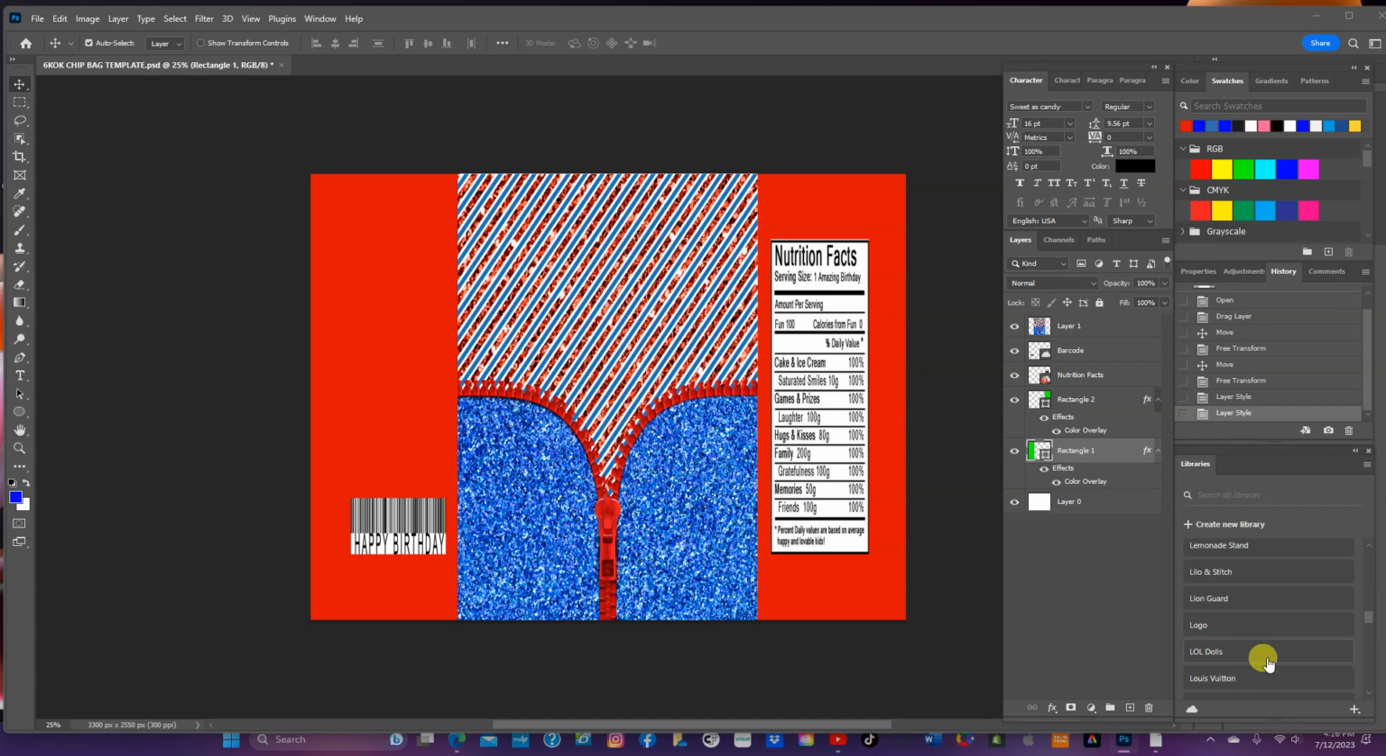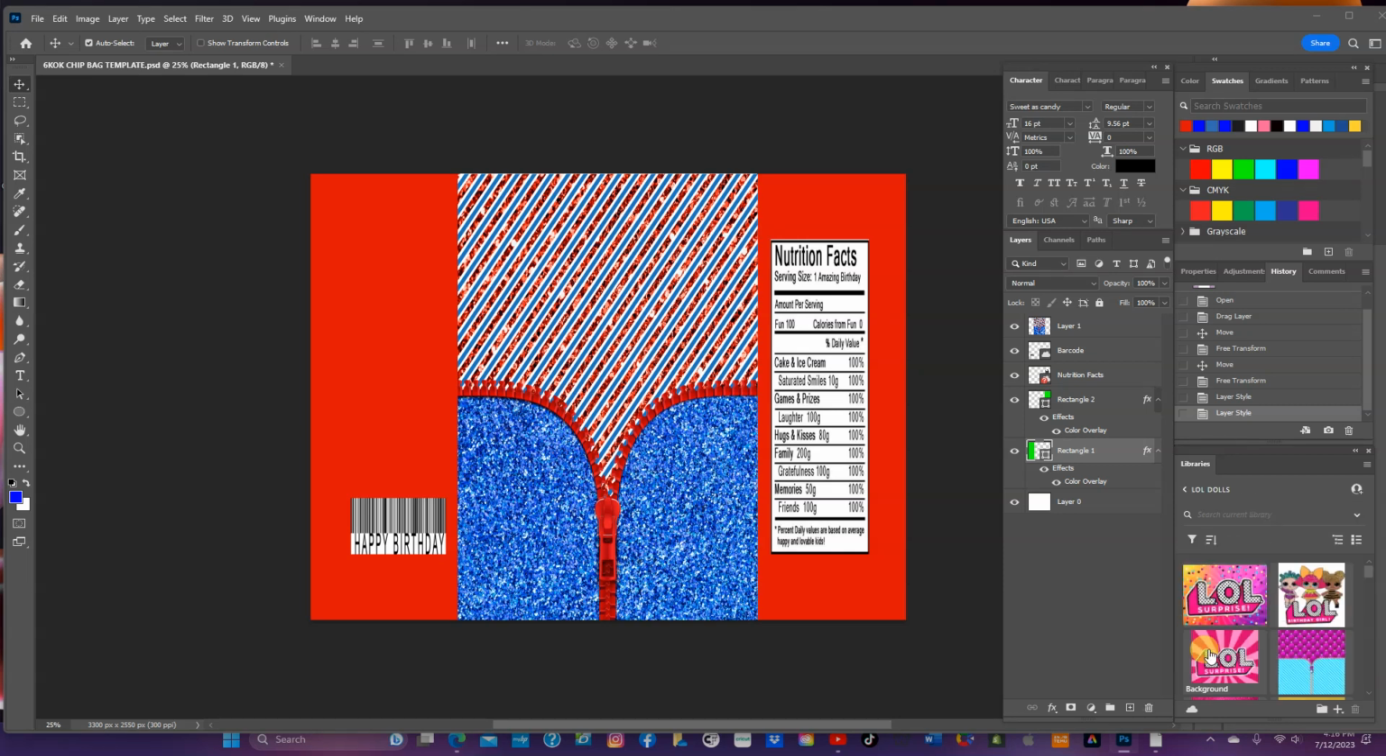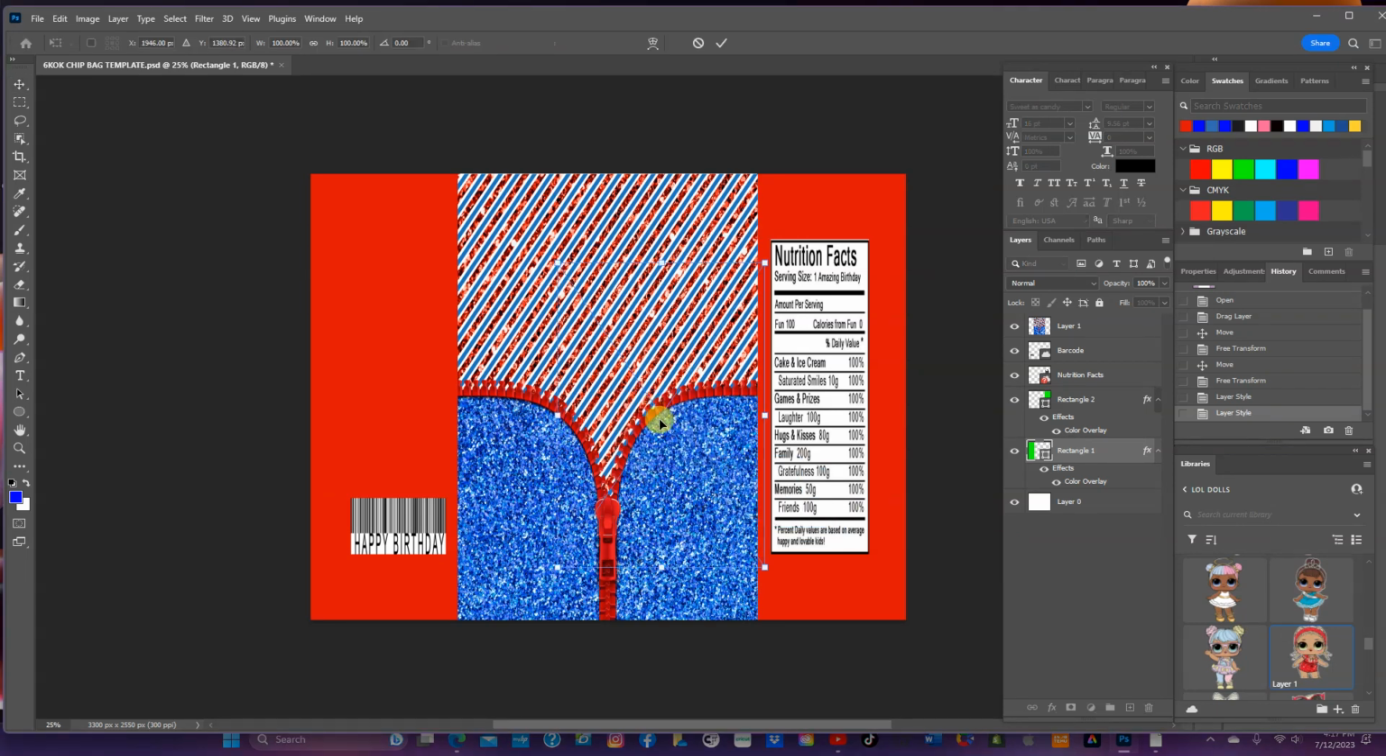Okay, so I'm going to go over here in libraries, and I'm going to look for my LOL dolls file. Okay, here it is right here. I'll click on that. Now my different LOL files that I've already uploaded are in here. So what I'm going to do is just go down, and here are my dolls here. Okay, so I'm going to go down and find one that will match that red, white, and blue, and I think this doll will match perfectly. So I'm going to drag her in,